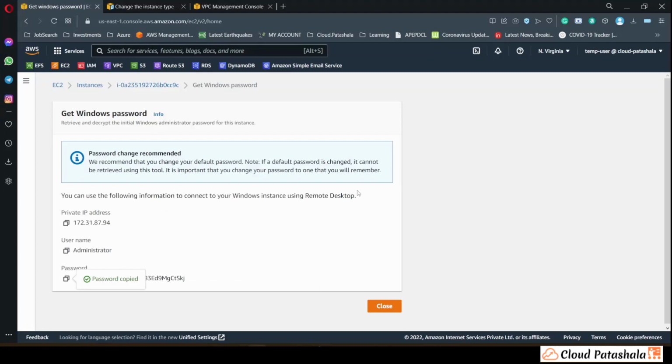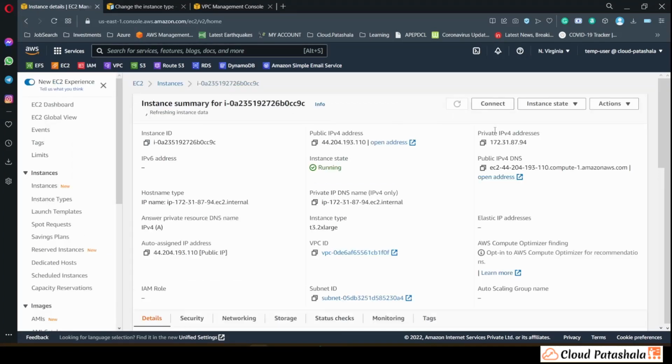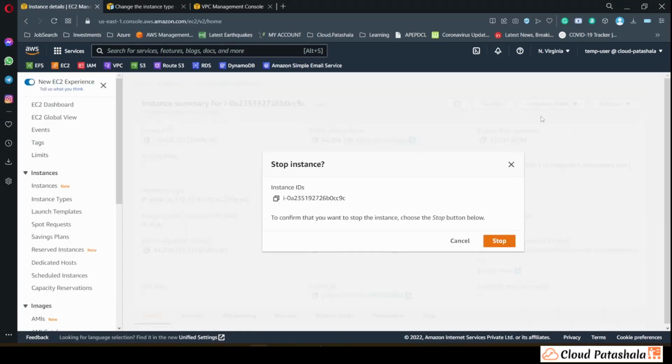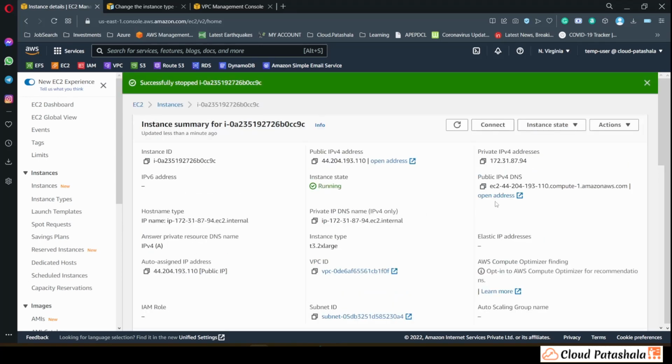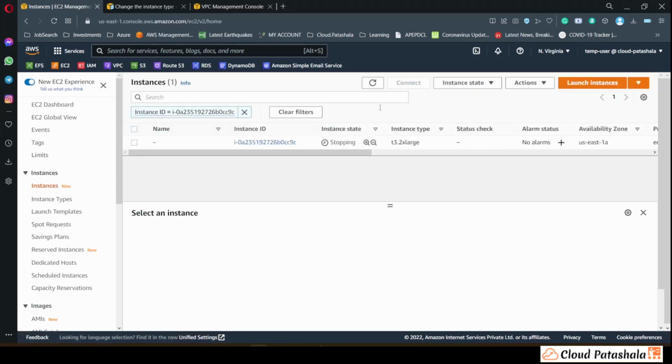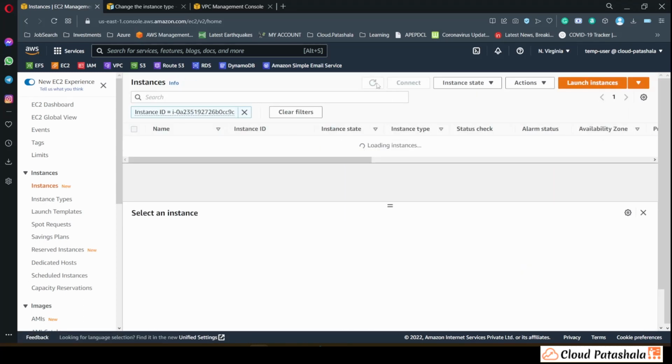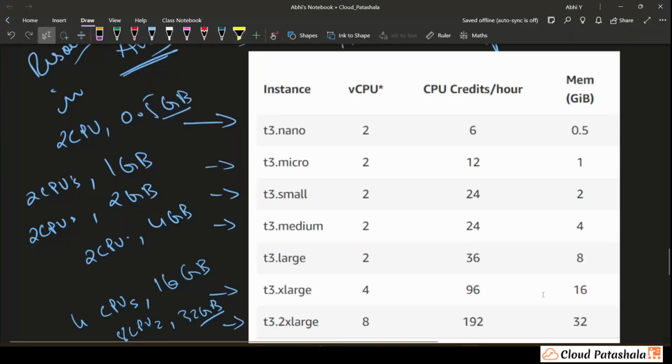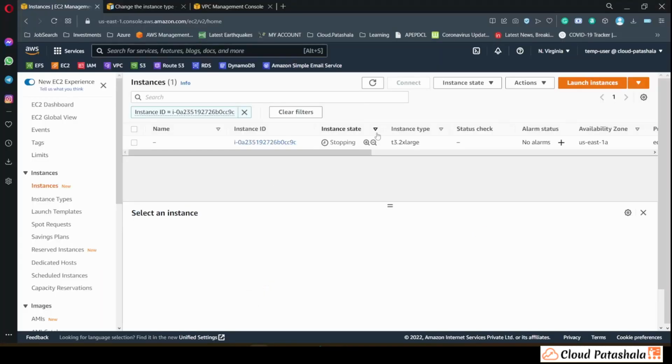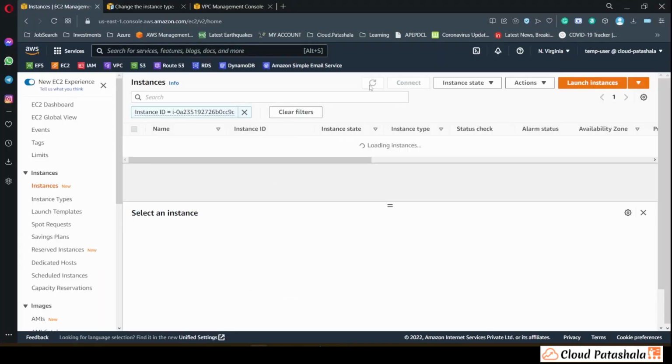Now if I had to downscale this server, that is scale down the instance, I'll again follow the same process: stop the EC2 instance. Again, we patiently wait for the instance to go to the stop state, and once this goes to the stop state, in order to scale down, we would select any configuration which is lower than 8 CPUs and 32 GB of memory. So let's select T3 medium, wherein we will select 2 CPUs and 4 GB of memory on the instance. So the instance is stopping,